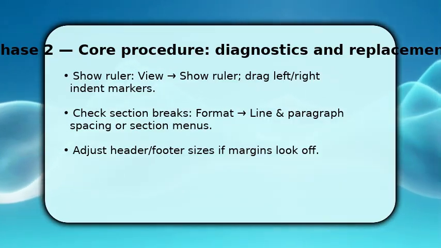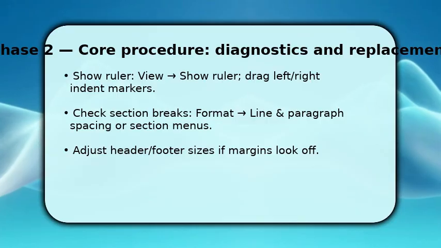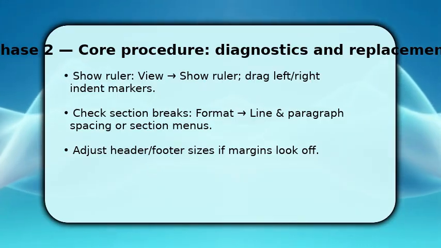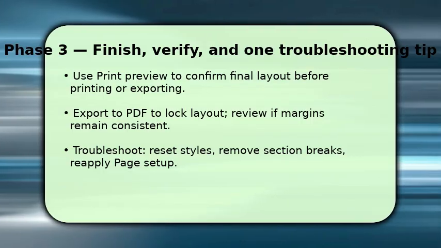Also inspect header and footer sizes because they can make content appear to violate the page margins. Adjust those settings accordingly. To finish, always use Print Preview or Export to PDF to confirm margins render correctly for printing or sharing. If margins still look wrong, remove or consolidate section breaks, reset paragraph styles to default, then reapply